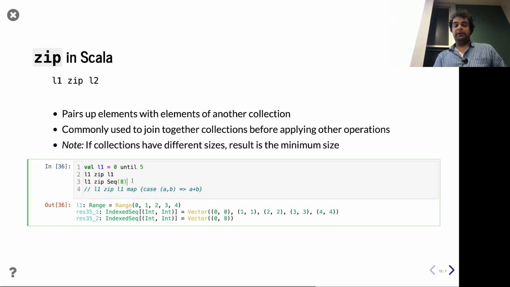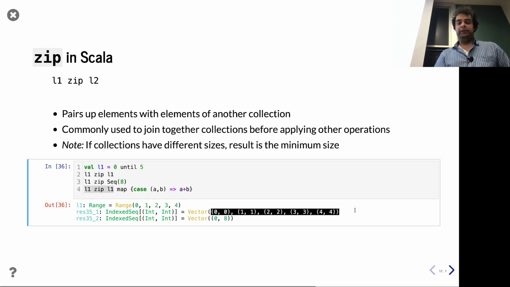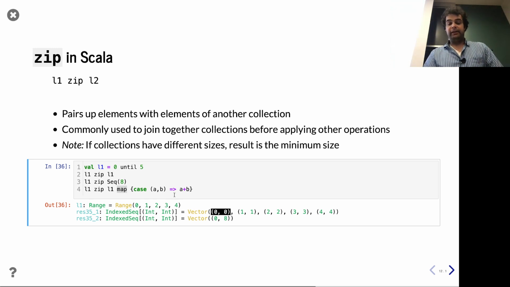Now, the reason why we often want to do this, and this is an example of producing and consuming a tuple in very close proximity, is right here. We're going to zip these two things together. We know it's going to be this result. And just for sake of having an example, we're now going to apply a map to it. So the map, the element it's working on is a tuple. So each element that's being handed is actually 2 things internally. It sees it as one element, it's a tuple, but it is a tuple, right? And so inside that tuple, we can go ahead and pull out the 2 values, A and B. And then our function in this case is adding them